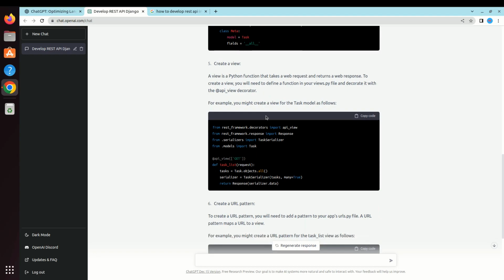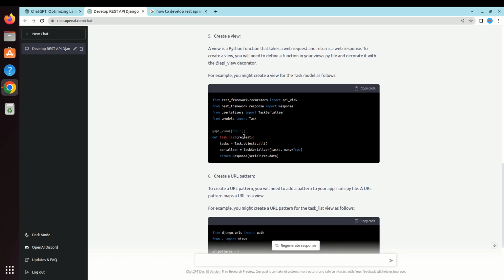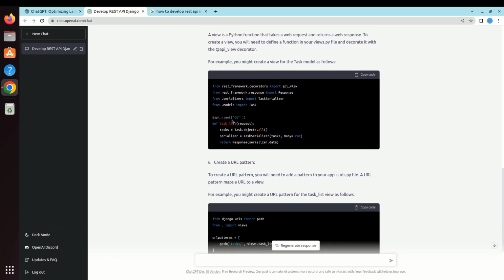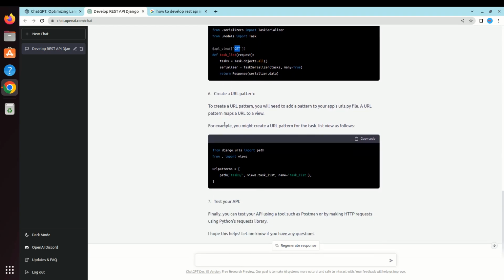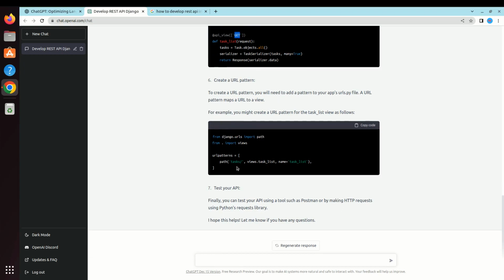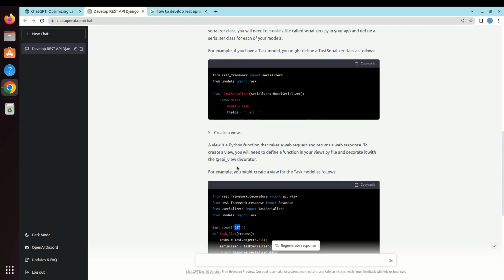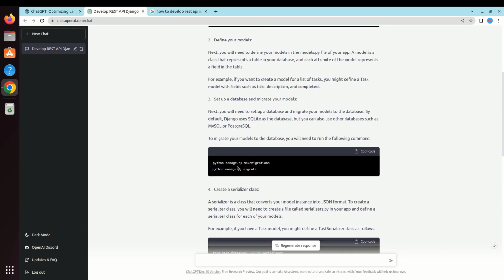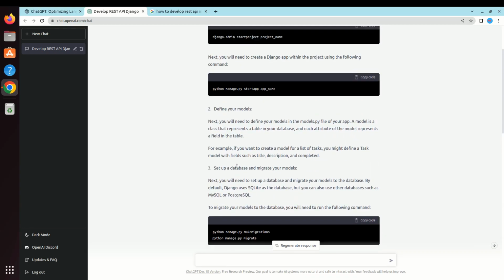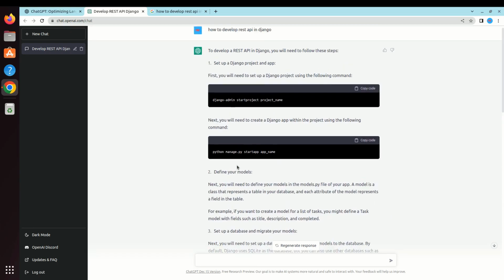So because Django follows the MVC design pattern, we have to create a view, right? So it created a view with the get request, and it's going to list down all the tasks. Then finally it created a URL for us. So this API is going to list down all the tasks that we have in the task table, but I think it